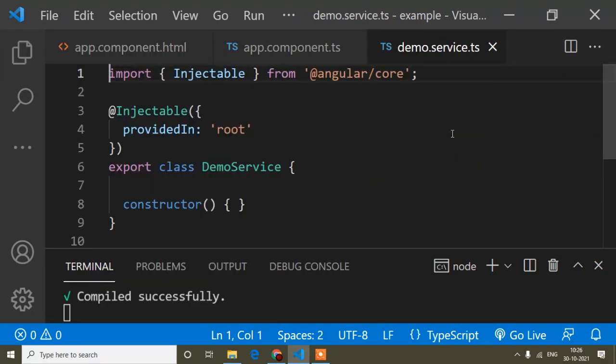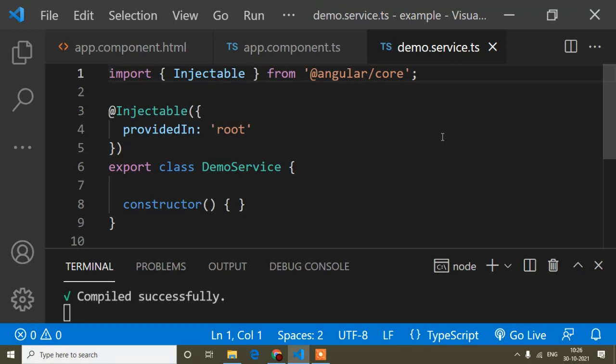So what is the use of a service, or what exactly is a service? A service is not only for passing HTTP requests like the get method, post method, put method, delete method. It's not only for that. You can do the same thing in your ts file also. But why do we use a service? What is a service exactly? In Angular we call it dependency injection. Now you are thinking, what is dependency injection?